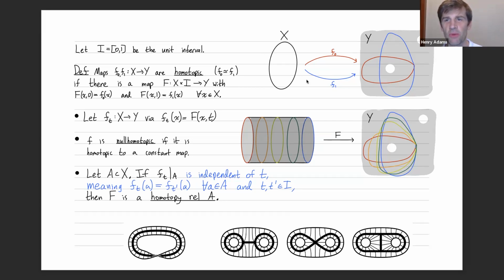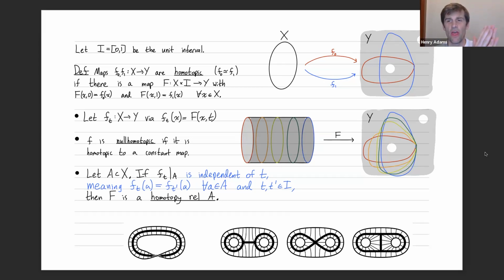So in pictures, X might be a circle, Y might be this gray square with two holes removed, and f0 might map the circle in as this red loop, and f1 might map the circle in as this blue loop. And then it seems like you could deform the red loop to the blue loop inside the space Y. And to make that rigorous, we consider this map capital F from the entire cylinder, the circle across the interval,